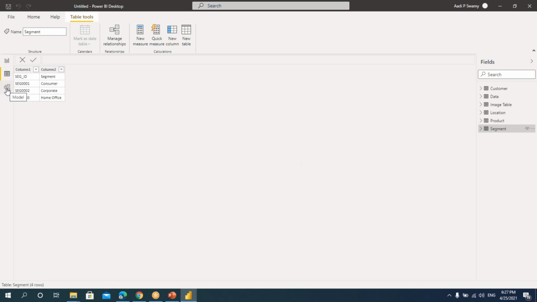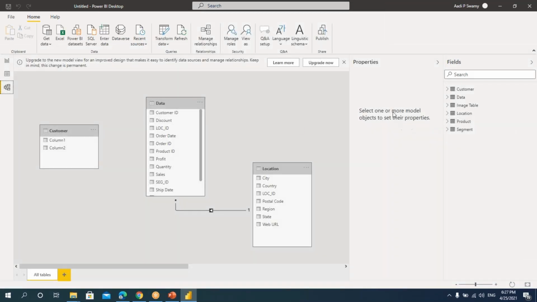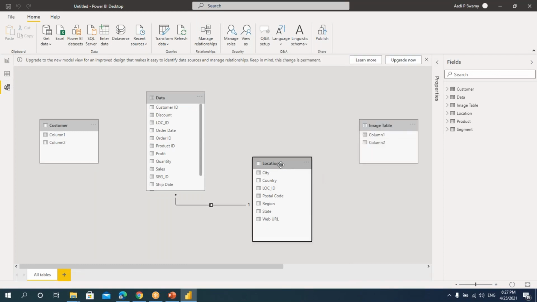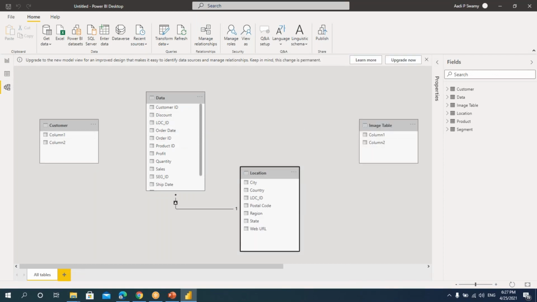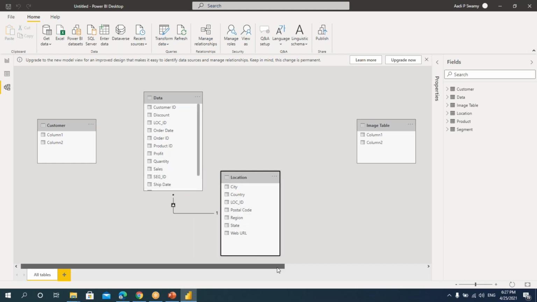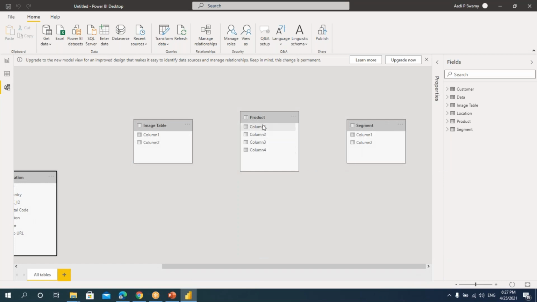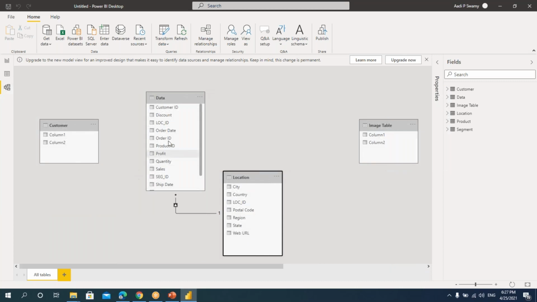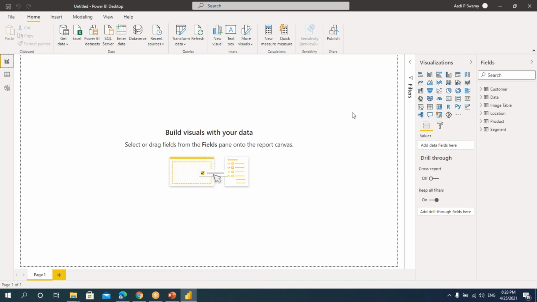Let's go and see in this relationship view, that is data modeling. When I click on this, the data modeling is the connection between all the tables. If you see, only this location and this data table have got proper names of the columns, so they are getting connected. But if you see other tables, though they have got data, the heading says column 1, column 2, so it is not able to recognize and connect the data. That is, it is not able to create the relationship. So that is the reason we have to modify it. All right. Now we saw how to import the data.